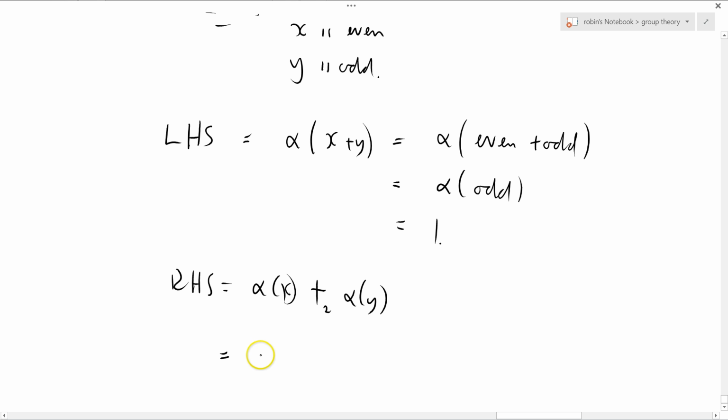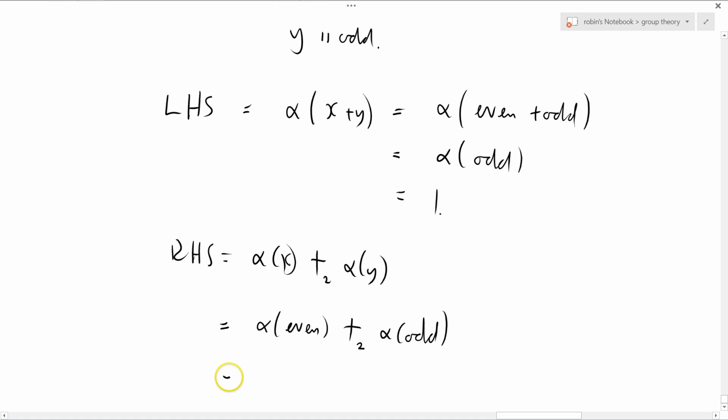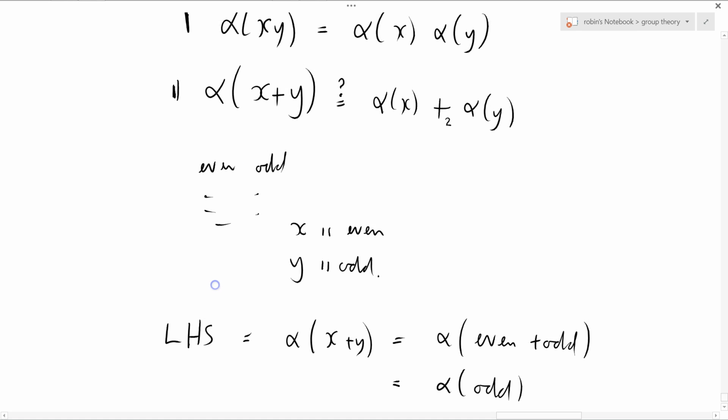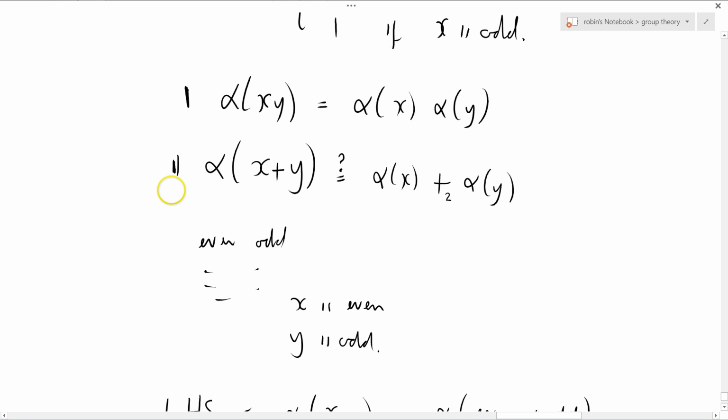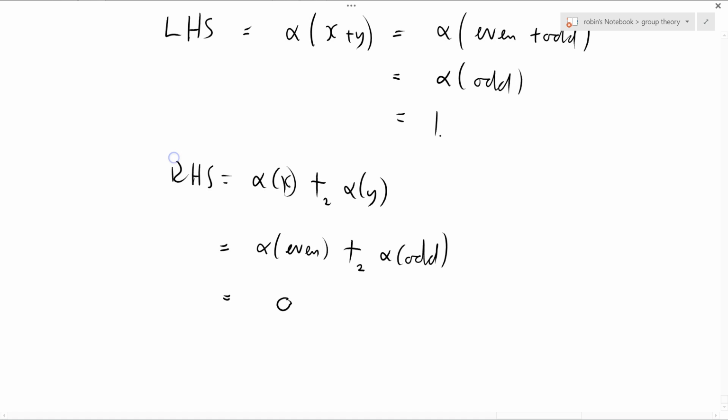Well, that's alpha of even addition modulo 2 alpha of odd equals 0, because alpha is by definition 0 if x is even, plus modulo 2 1 equals 1,